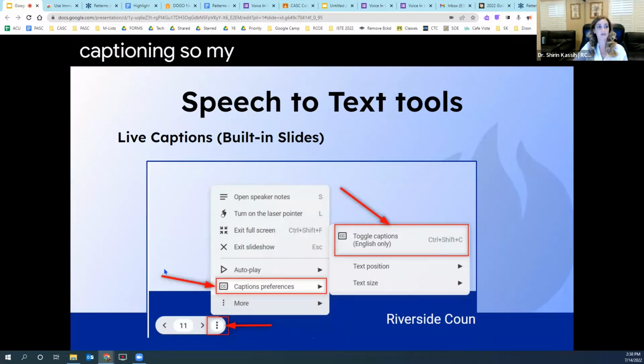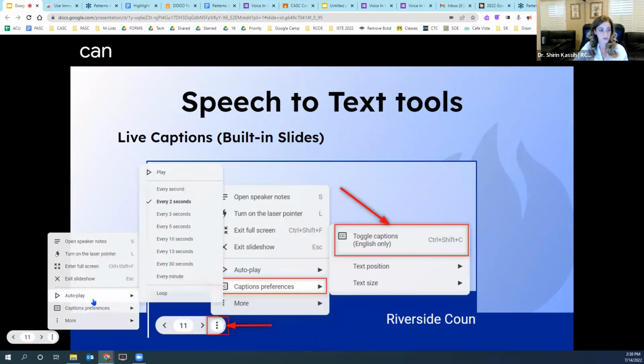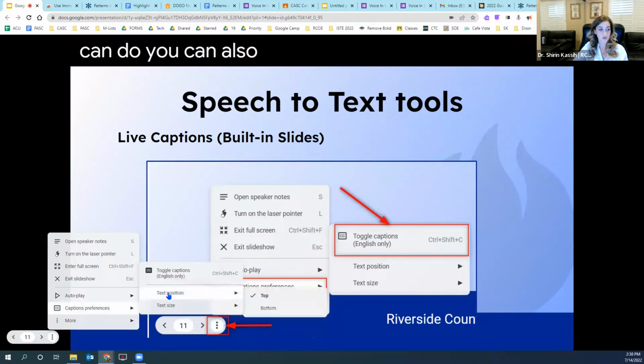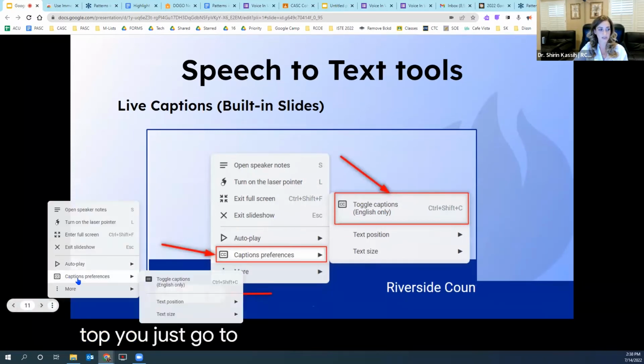So my students now, if they can't hear me because of so much noise or they have hearing problems, they can just read the caption. And you can also choose where you want your caption to appear. It can be at the bottom or at the top. You just go to the same